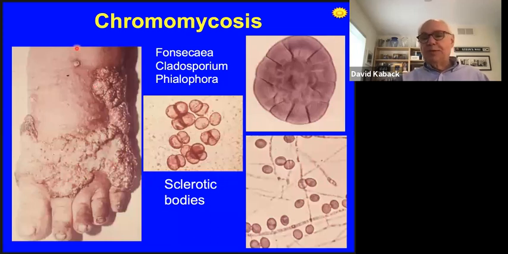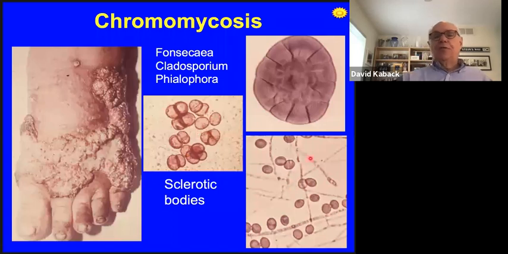The reality of what you would see in one of these infections in anybody's normal practice would be a little lesion like this, almost like a wart, and would be mistaken for a wart. But when the wart medicine didn't work, you might want to take a quick look under the microscope to see if you can find these sclerotic bodies, which are simply spores, perhaps sexual spores, produced by these organisms shown here. If we culture it, we see a mold with very thin hyphae shown here, and these spores shown here.